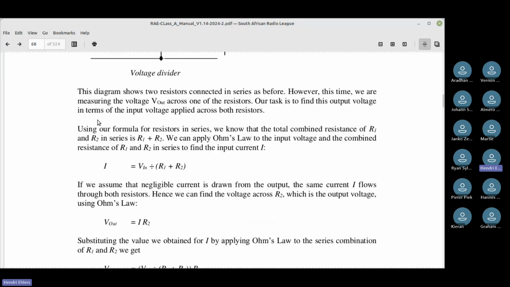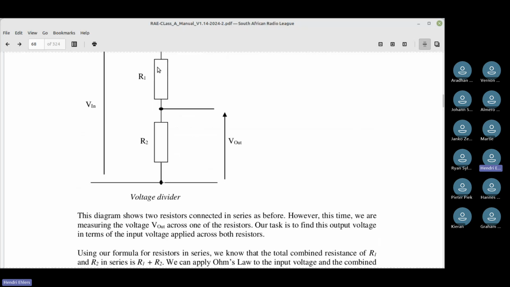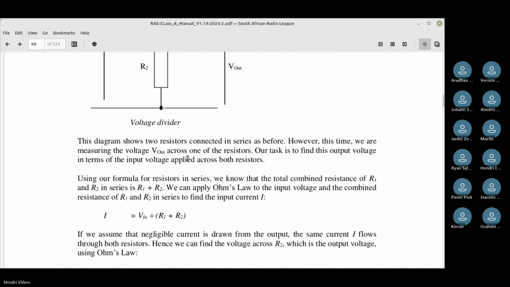Okay, here's basically the same thing once again. They used the divide sign there. If they put the V on top, it would have made a lot more sense. But you basically add the two resistors together because essentially they are two resistors in series, and you add them together to get the total resistance. And from there, you can calculate the current, and from there, you can calculate the voltage drop over each one of them.